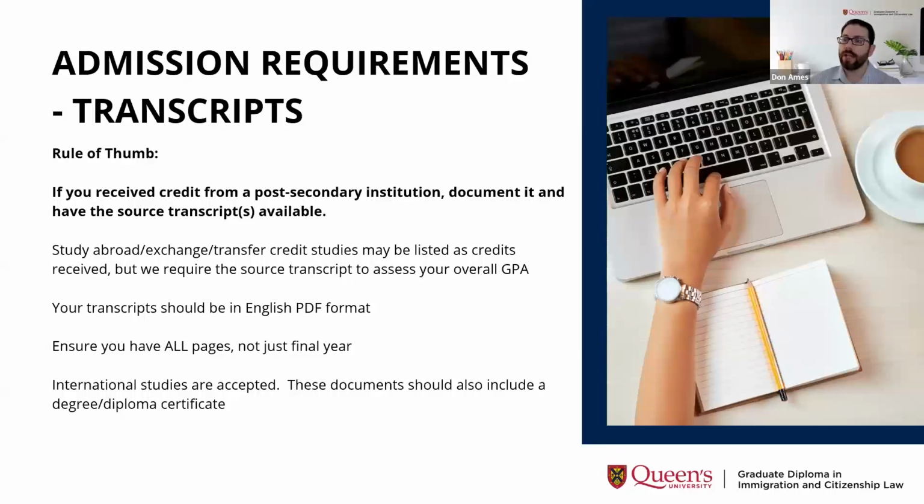Also ensure that you have provided all pages of your transcript. Occasionally, we do receive the final year of a 3-year or 4-year program, or a couple terms, but a couple pages are missing. We also understand there are some programs where you begin at a diploma level and then move into a 3rd or 4th term of a bachelor's program. We would need to see where you originally started in that diploma studies, as well as all of the terms from your undergraduate studies. Include everything, because the more documents we have, the better we can give you a fulsome assessment.